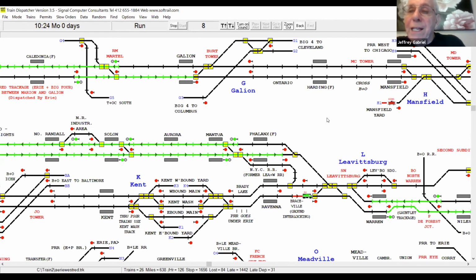The other thing is you can look at historic topographic maps on the internet from the Library of Congress or elsewhere, and sometimes you can get views of cities. I always wanted to know things like, did the New York Central cross the Erie east of the Erie passenger station or west of it? Or was the yard on the north side of the tracks or the south side?